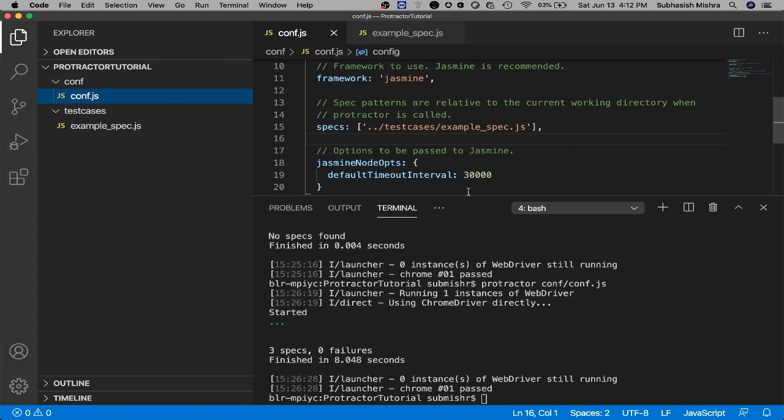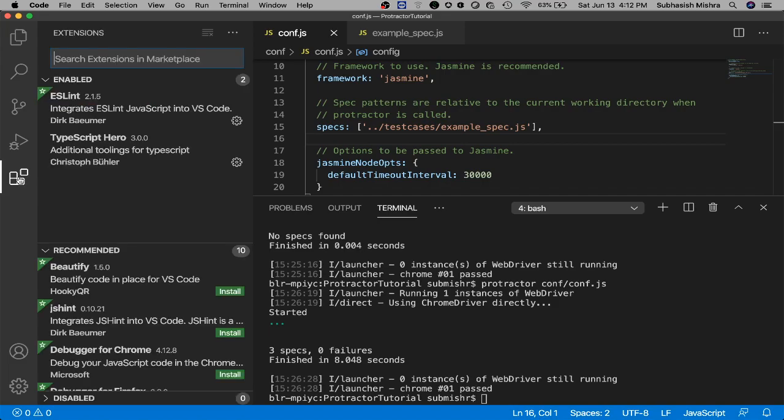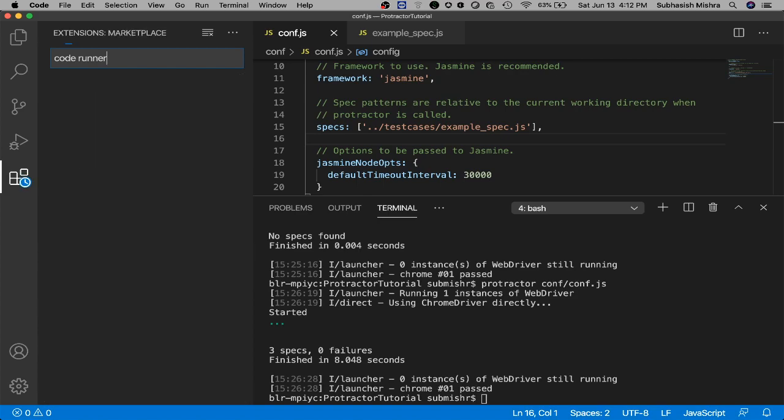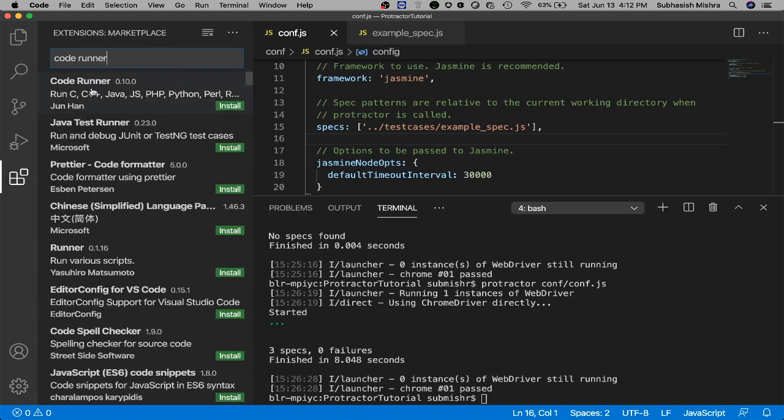One more thing I will explain to you. Here you can see the extensions, right? Let's click on this. We will install one more extension that is known as Code Runner in our Visual Studio Code. Let's type Code Runner. So here you can see it. Let's click on this.